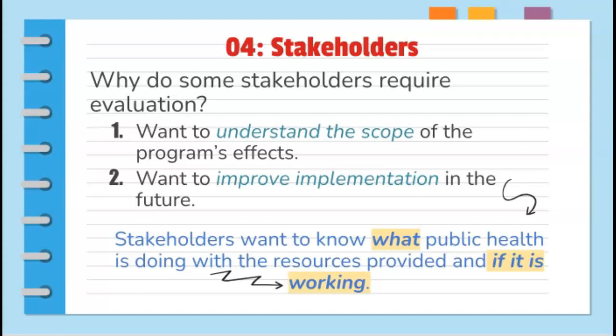We have really 4 basic types of evaluation. We have formative evaluation and process evaluation, both of which take place early on in a program's life cycle and require further action so the program can improve going forward. We also have summative and impact/outcome evaluation, which looks at what is the end result of implementing this program or intervention in our community. And we want to remember stakeholders. We need to keep them in mind as we are determining our evaluation criteria. Evaluation helps us determine if our program is doing what it is supposed to do. So there you go, a quick overview on evaluation.